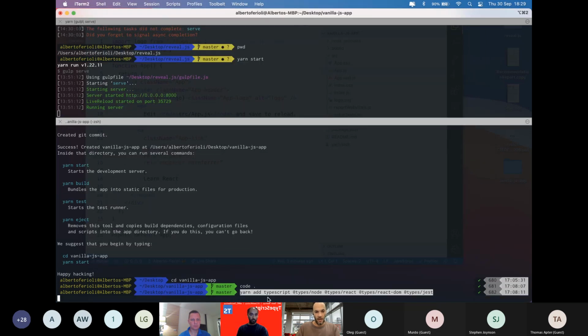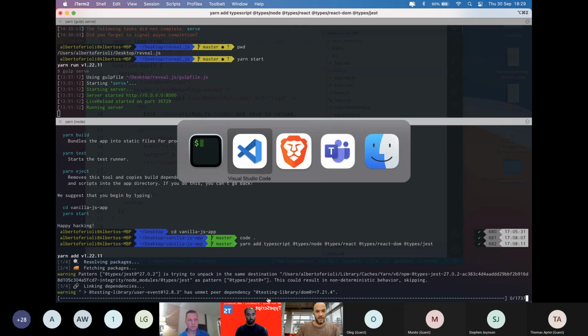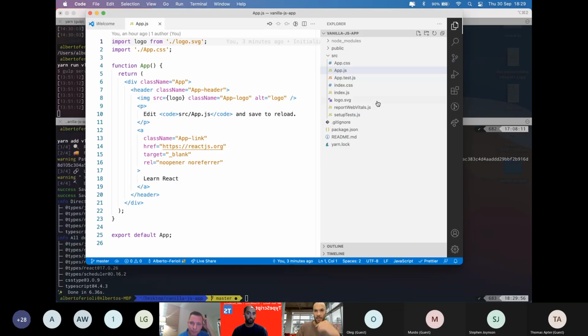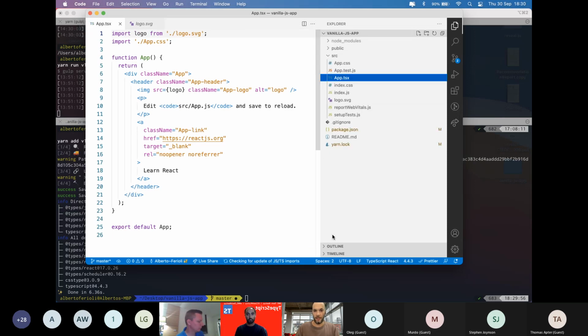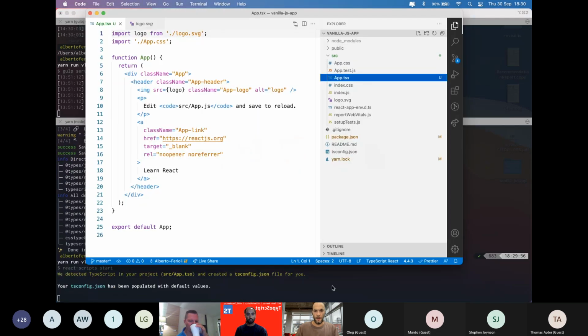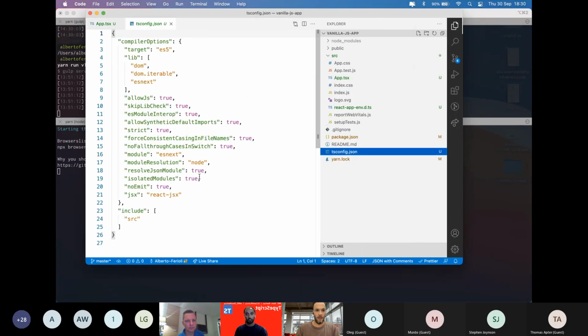So if we add the script, once it has completed, the trick is basically to go here, rename to TSX, and we should restart the server, and automatically we get this tsconfig file auto-generated.